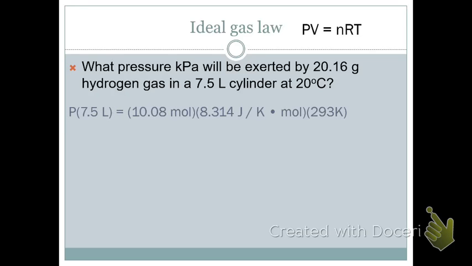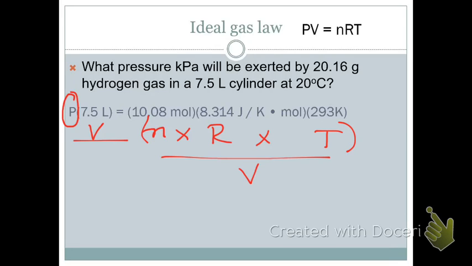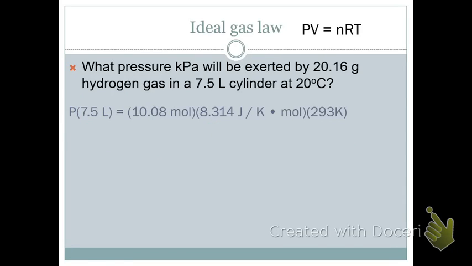And in plugging those into my equation, here are all my parts of my equation. Here is the pressure, which I need to find. This is my volume. Here is my moles. Here's my R value. Here is my temperature in Kelvin. So in order to get my pressure together, I'm going to multiply my nRT, and I'm going to divide both of those by my V to get rid of that. And when I do that and set that up correctly,